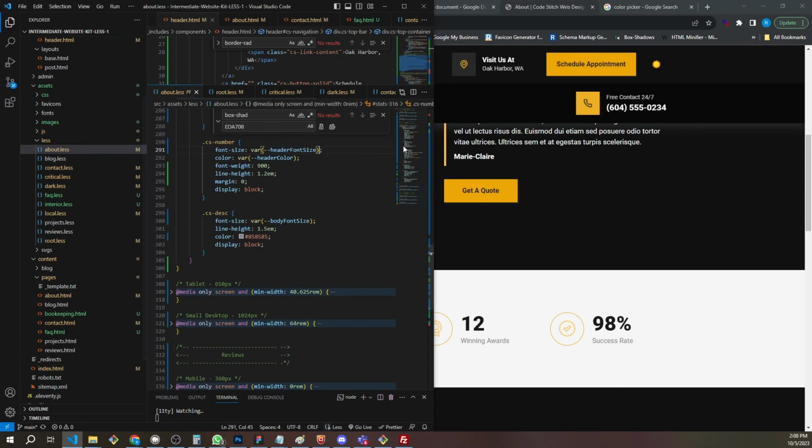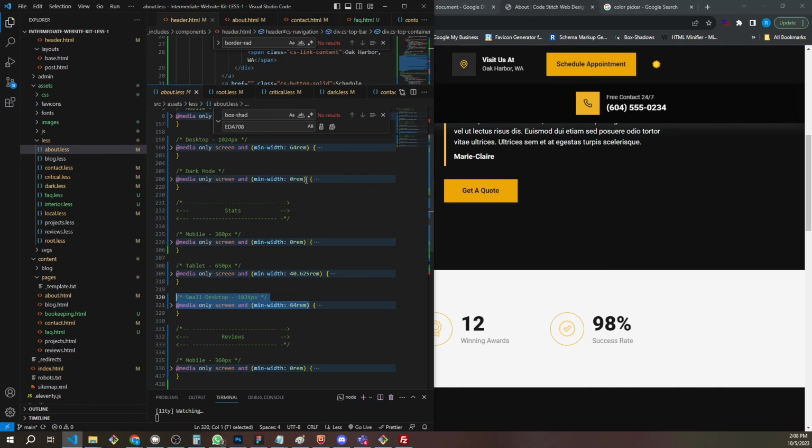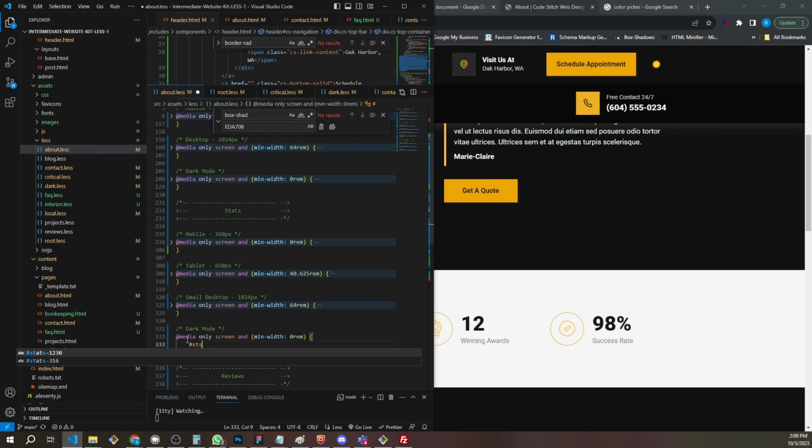Okay, so about that less. So this is going to be the stats section. We don't have a dark mode for it, so we're going to add one. Let's just copy and paste the dark mode stuff from here down here, and that's going to be stats 316, stats 316, and I think that background color